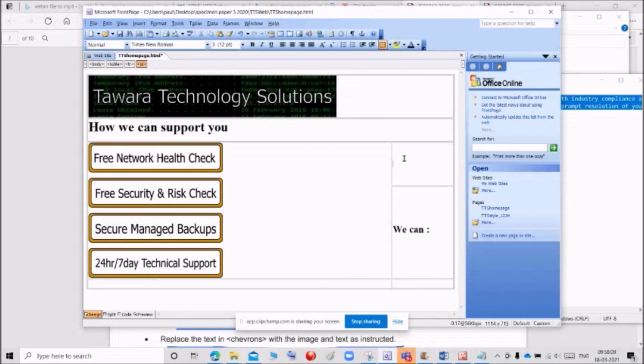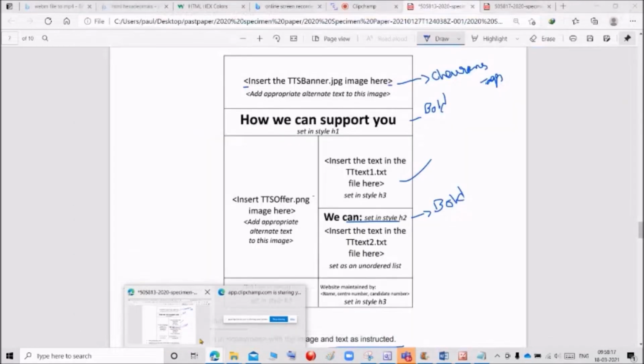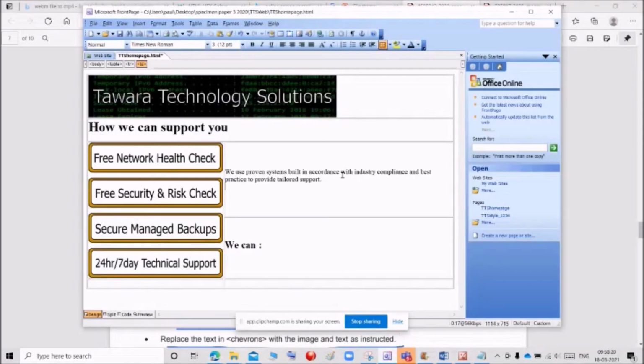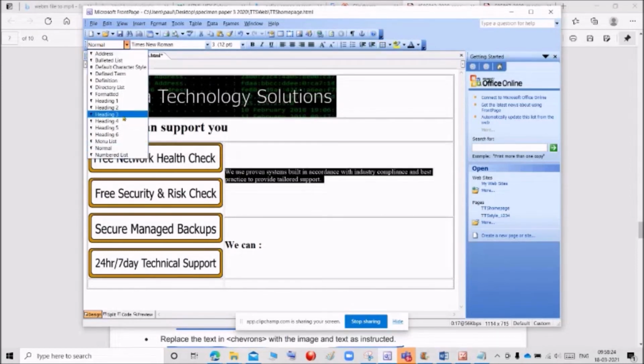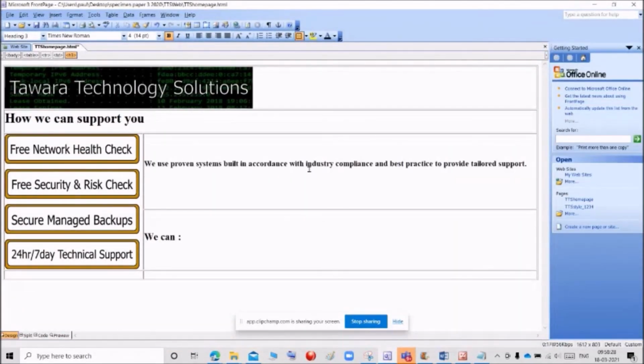In this position we want to enter the text, and they are giving the position, and they are giving the style should be H3. So I am going to select the text and give it H3. So we give it H3.